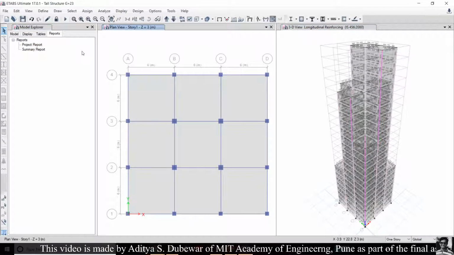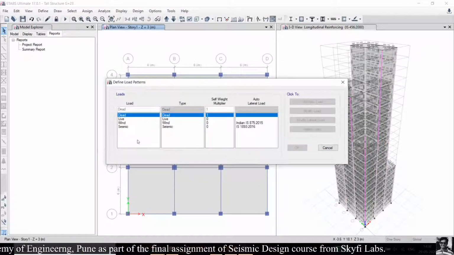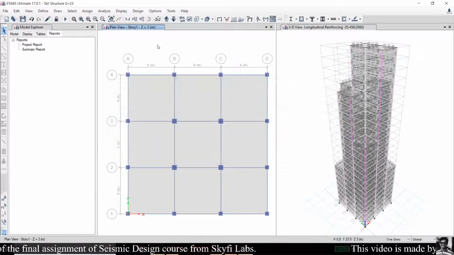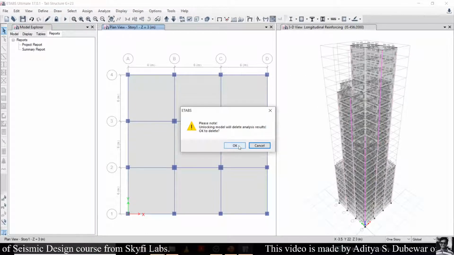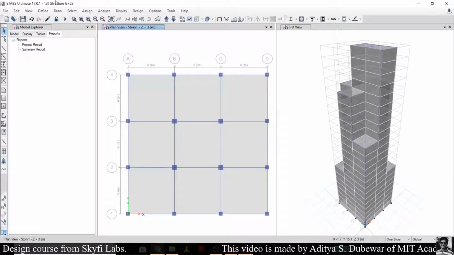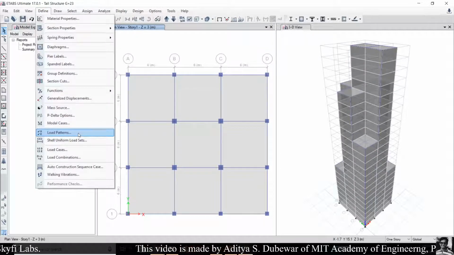Now we will go to analyze the structure on the basis of the time history method. For that, go to define tab. Firstly check whether we added the seismic load or not. Sorry, as we ran the analysis, our structure is locked. So firstly unlock the structure, then go to define tab, then go to load patterns.